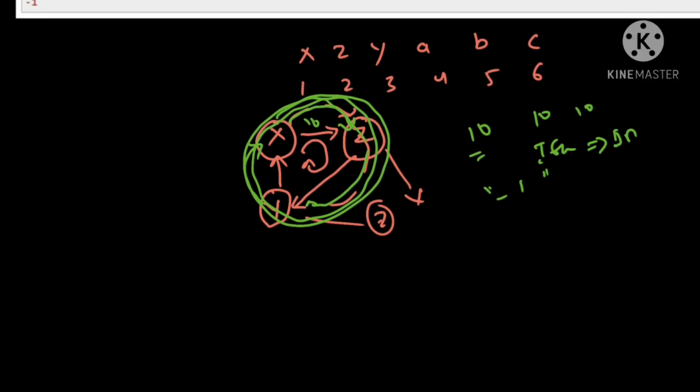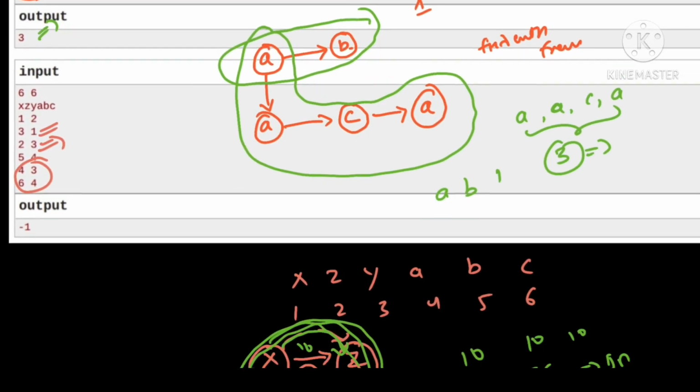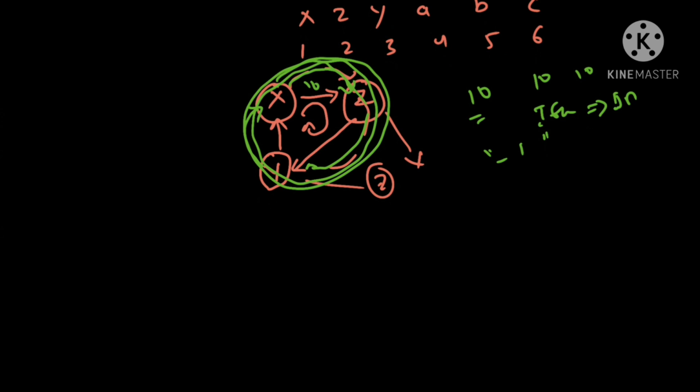Now how to solve this question? Seeing that question, it might look very complex. It's not that complex. The difficulty level of this question is 6/10, so it's not very difficult. We can solve it. In order to solve this kind of question, if you haven't got any idea, don't aim directly for solving the whole question. Just try to solve a few test cases. Now try to identify some corner cases here. The first corner case is -1.